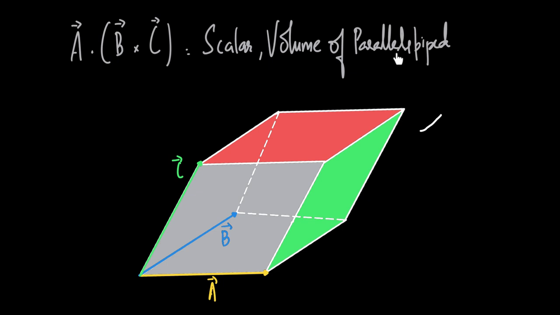You have a three-dimensional figure, a parallelepiped, and the three vectors A, B, and C. When you take this product, you get the volume of this parallelepiped. Okay, very simple. Well, not simple. Let us keep that simple, assuming it to be. Now,